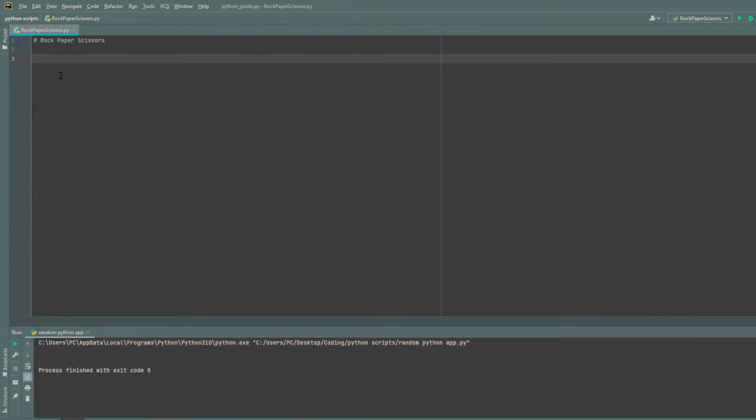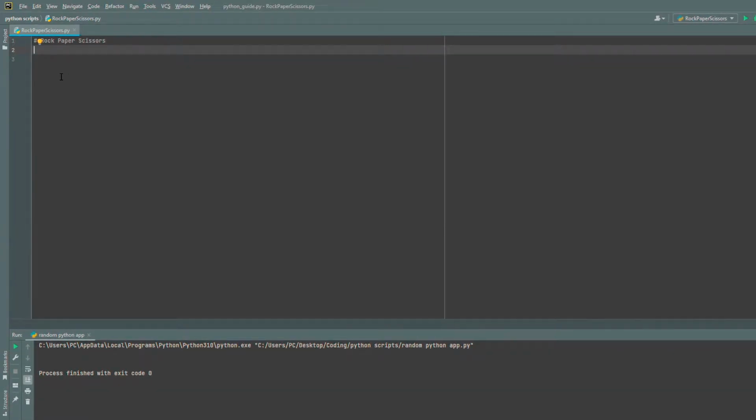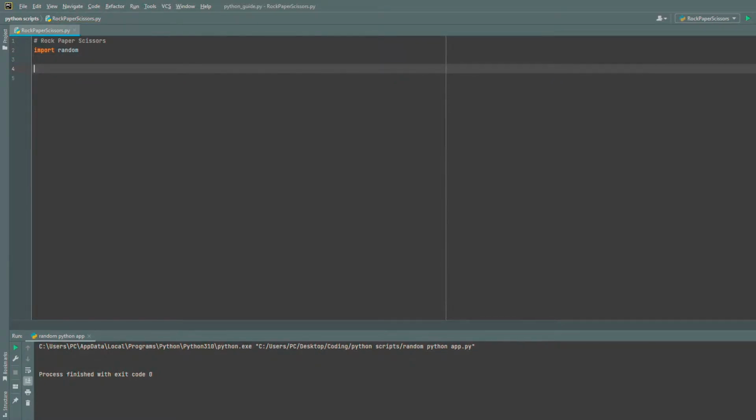Yo, so basically this is how you make a rock paper scissors game in Python. Very simple, very basic. Anyone could do it really. So yeah, let's go. Import random to get the random module, and then you need to make a function,